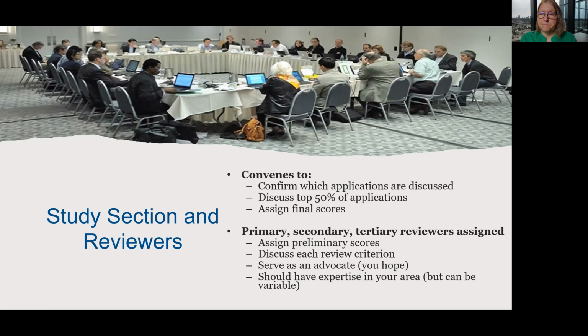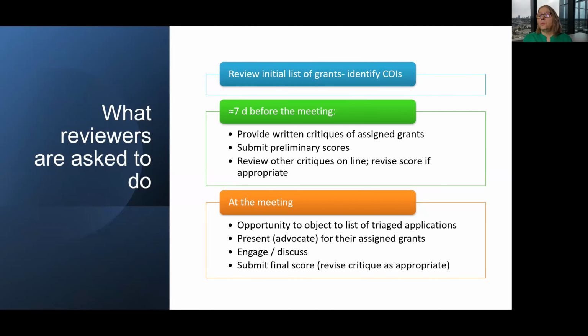And then there's a whole set of discussions and scoring that we'll go into in a moment. So what a reviewer is asked to do when participating in a study section is really a few things. First of all, a set of reviewers is usually asked to participate in a study section that has a broad